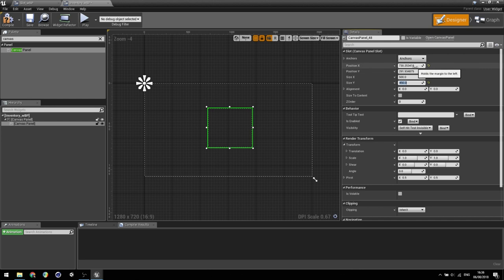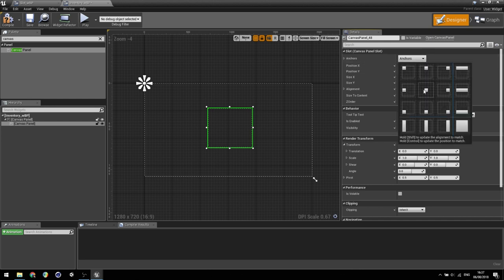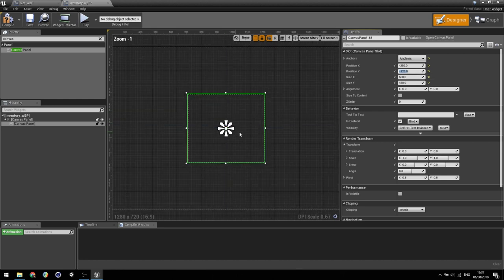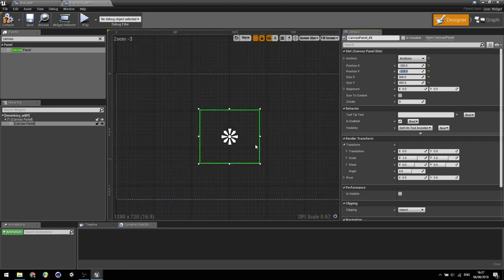And then what we'll do is we'll set its anchor to be the center, and we can make its X position -250 to center it directly, and we can make the Y position -225, and that will give us a perfectly centered inventory. So it's a little bit small actually, so I think what we'll do is we'll make that about 700 and make that -350. The reason I'm using the canvas panel is I want to have a background to this,